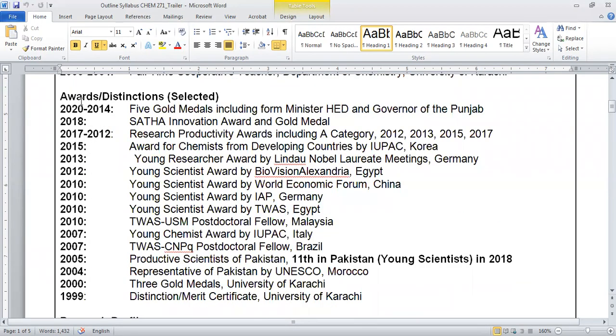These are some of my awards which are mentioned over here. Starting from my academic career, I received 3 gold medals and the distinction and merit certificates during my BS and MSc study at the University of Karachi. And these are some of the international awards I received throughout the world. And there are other gold medals and the innovation awards I received